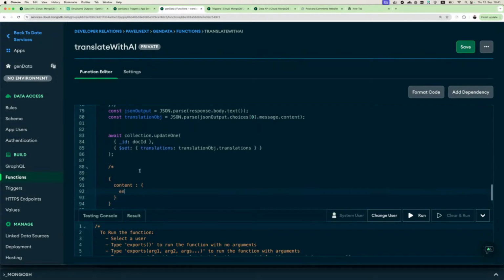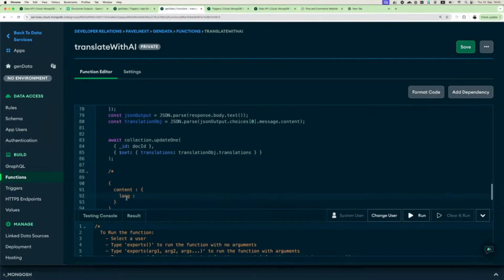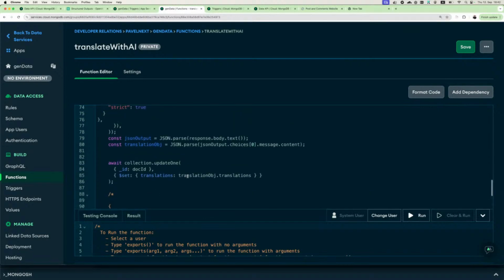So we can have lang English and one translation, then lang French, another translation. So we can basically reshape the content element,